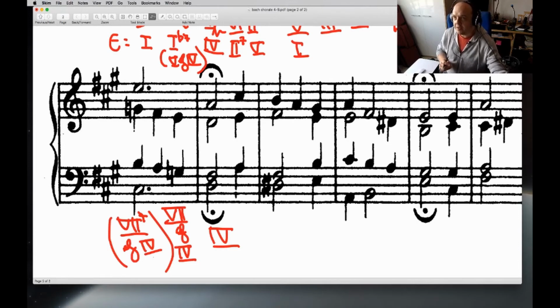Does that in the middle become anything? These two passing notes, do they give me some incidental harmony? Let's see. No, because I have,